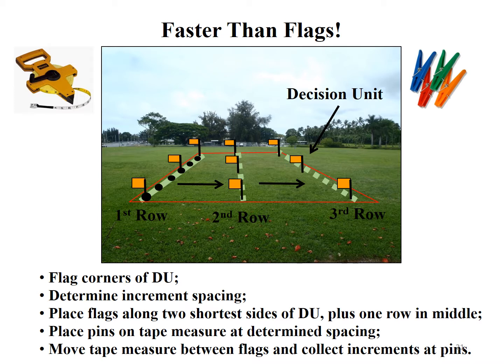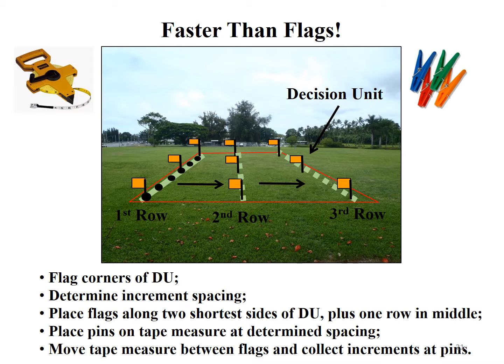So here are some colored clips. These can be placed, if this is your measuring tape along the first row here, there'd be these colored clips located at the predetermined set increment interval, spacing interval, along that tape. And then once you've gone through and collected your increments at all these marked locations along the tape, you have someone grab this end of the tape and someone grab that end of the tape, and both move simultaneously over to here and place it in this row location, and then those same marked locations are utilized in this row